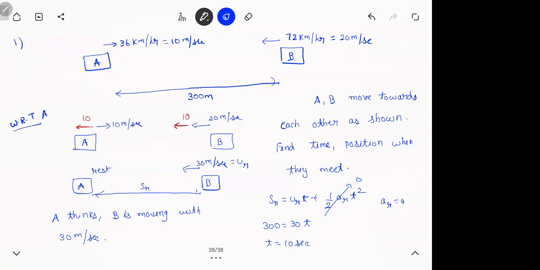You could do the same thing with B also. If you stop B, it will look like A is coming towards B with 30 meters per second. So when you solve the problem, this is what you do. Choose an observer. I chose A here. Subtract his velocities and acceleration from everyone. I did that. A came to rest. And now see, this is the thing. A thinks B is moving that way. It's a perspective. Once I get that, this problem becomes a simple kinematics question. A is at rest, B is coming towards with 30. In how much time will they meet? Distance by speed, right? That's it.